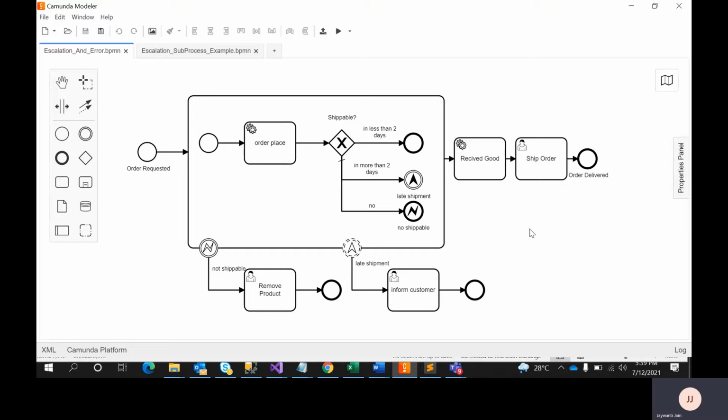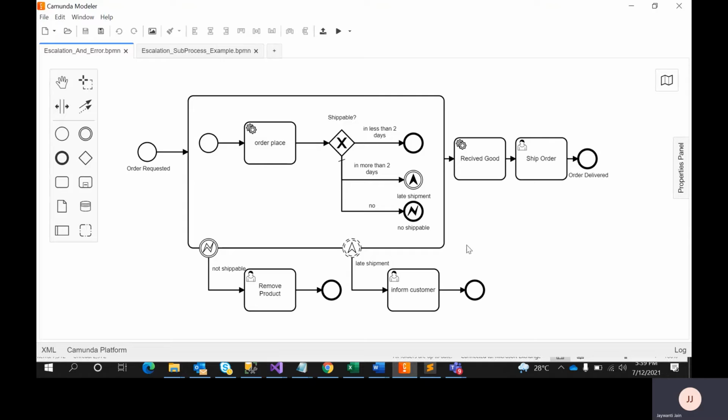Hi. So today I will talk about more of escalation. So what is the escalation feature in Camunda? Escalation is nothing but, sometimes something happens and we want to give some alert to users, and simply we want to continue the process. We don't want to terminate or end the process because of some reasons.